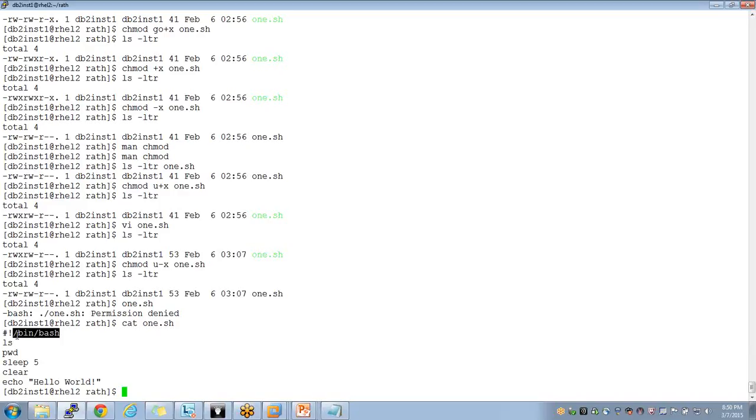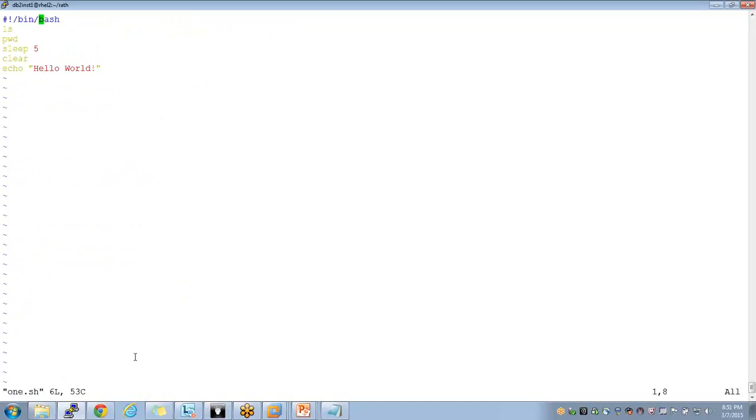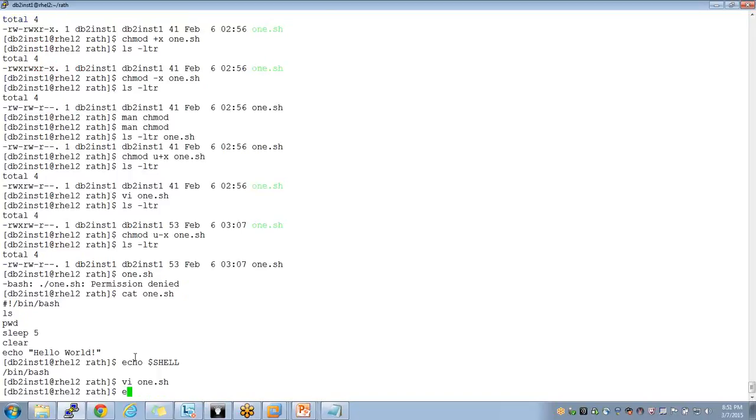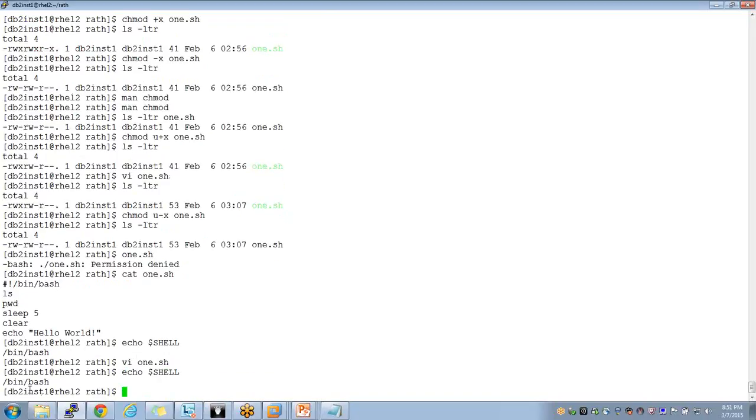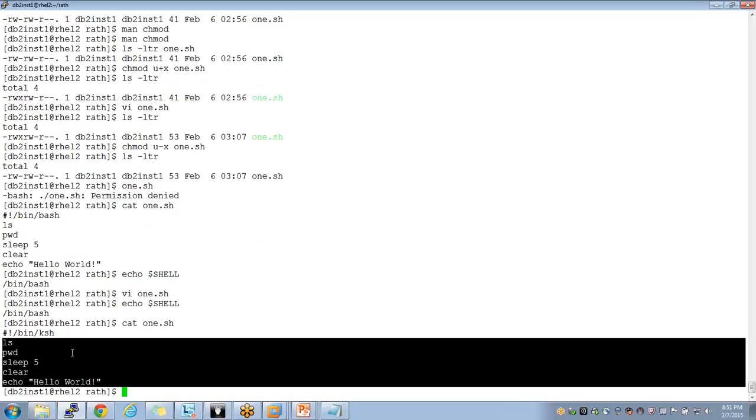What happens is all these shell scripts run in a child shell. I'm not sure whether you ever notice it. I'll cover it as part of the scope of a variable, but all these shell scripts will run as part of a child. If I say echo $shell, and then run 1.sh with ksh, even though my shell is bash, it will open one more child shell with ksh, and the following lines will be run under